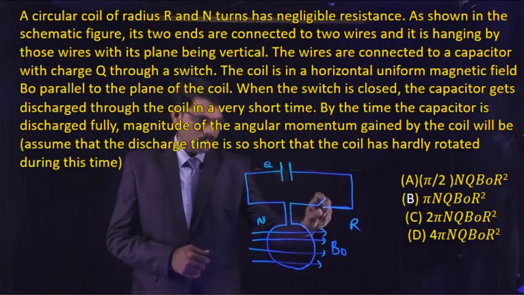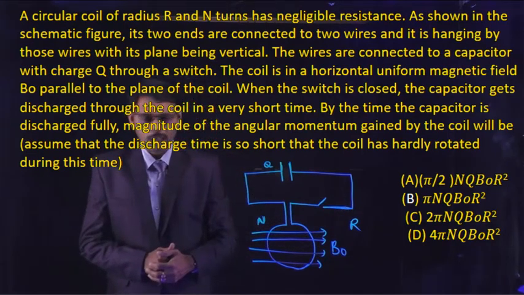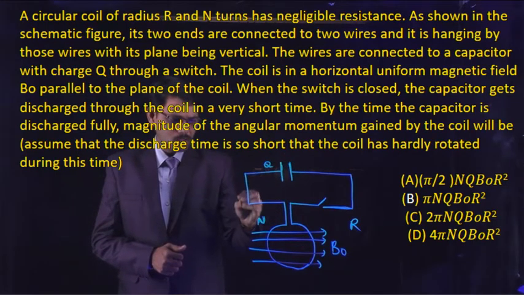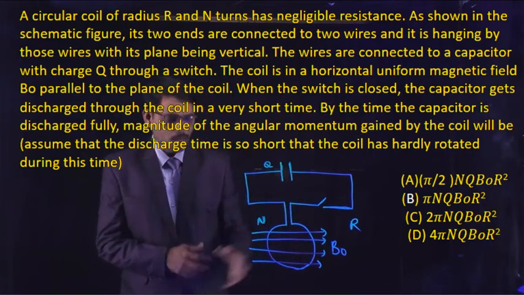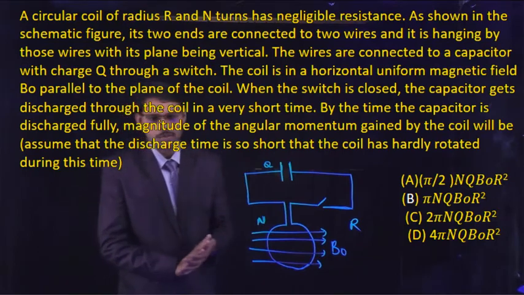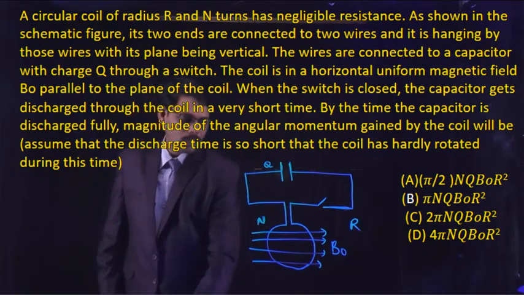If the switch is closed, immediately, within a very short time, the condenser discharges and the charge flows through the coil. Then find the magnitude of angular momentum gained by the coil. Find the magnitude of angular momentum gained by the coil. Here,